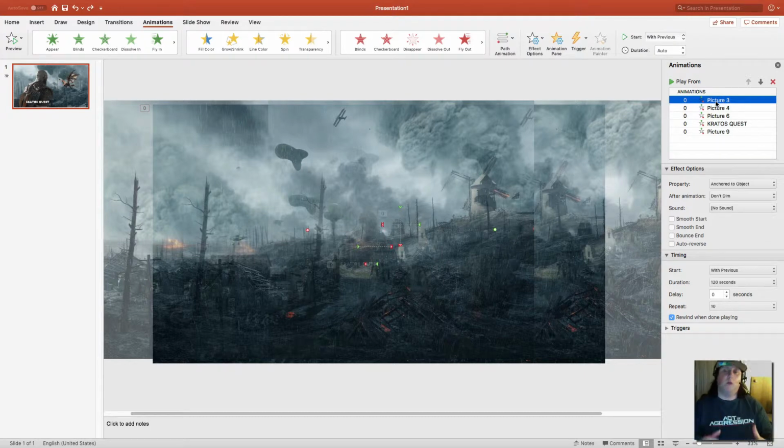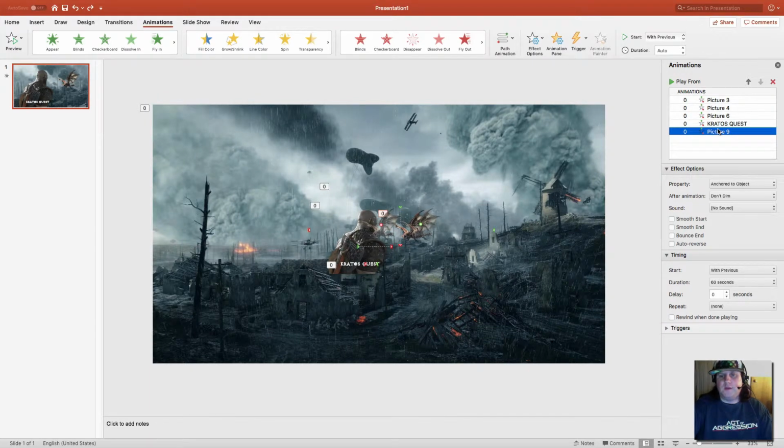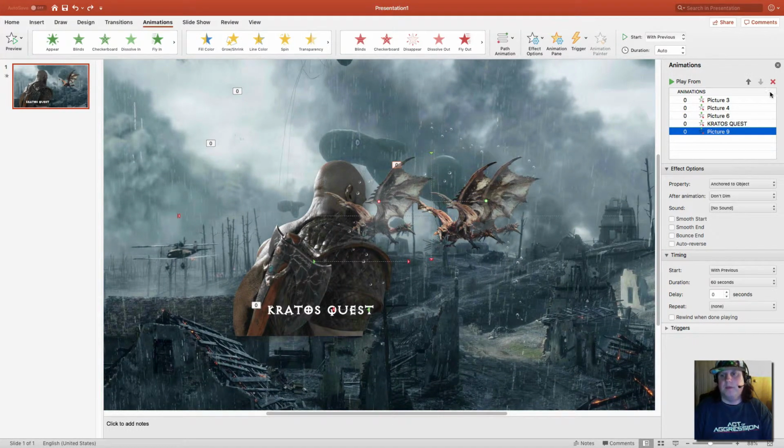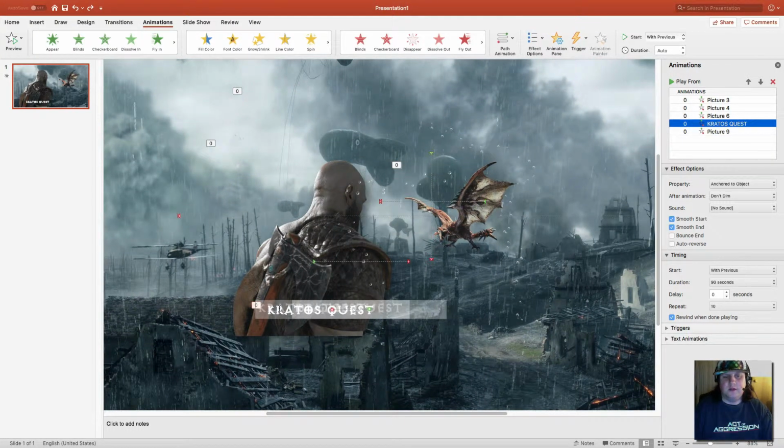But what we do want to extend is our general duration of that animation. We want to really drag that out to create that kind of screensaver feel. So we're going to set that at 120 seconds for the background layer. We want to set that for 60 seconds if you want a focal point coming in a little bit quicker. So for instance, we've got the dragon layer here in the background, basically behind Kratos, and we've got the text of the title of the movie or the presentation that you're doing